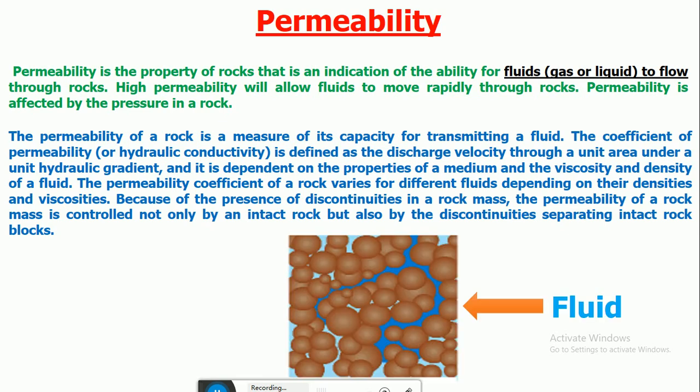You see how the fluid is moving in the wide spaces between grains. That wide space is the porosity, and interconnected porosity allows the fluid to move from one place to another place. That is called permeability. One thing: porosity has no unit but permeability has a unit. Isotropic and anisotropic in terms of